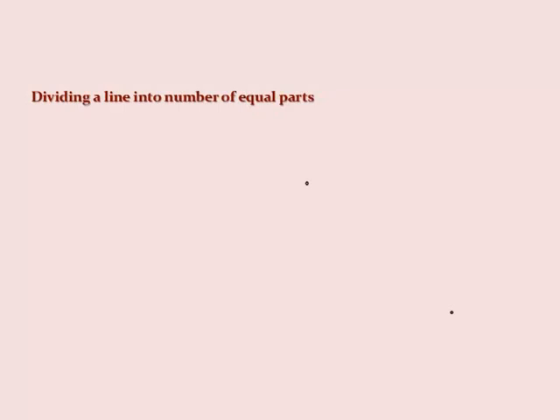Repeat again, sir. So I have a line of length. See, I have a horizontal line. So the length of the line is say 30 mm. So this is the length of the line. I want to divide that into 7 equal parts. Can someone suggest how to do that? So what will be the distance of one division?